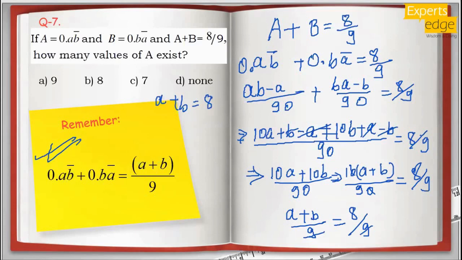Now how many values can it take? It can take 1 and 7, right? Or 7 and 1, because AB and BA are different things. 17 and 71 are two different things. 2 6, 6 2, 3 5, 5 3 and 4 4. Okay, so these are the pretty sure numbers you will get, that is 1 2 3 4 5 6 7. These are sure, definitely.